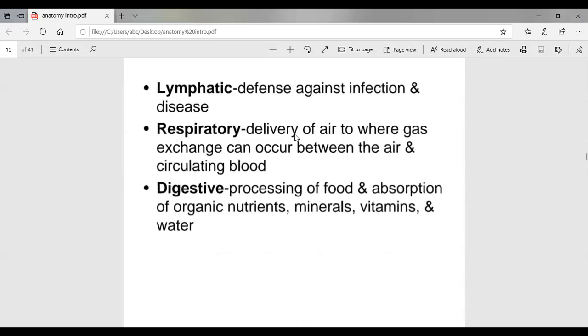The next three systems are lymphatic, respiratory, and digestive. Lymphatic system has small organs called lymph nodes. It even includes the spleen and thymus. But this will be very in depth for you. You just have to know right now that it is for fighting infection.